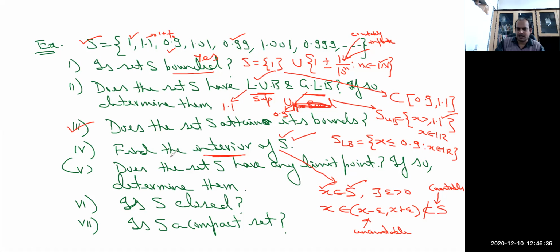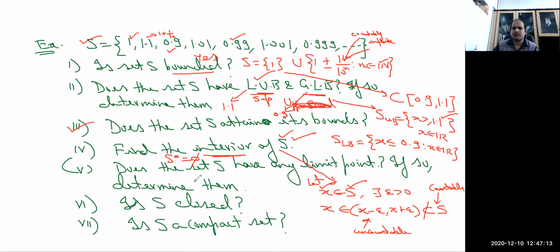So I can say that its interior, denoted S naught, the interior of the set S, is the empty set, because we are not able to find any interval. If we construct such an interval, it will never be contained in this set S, because S is countably infinite, and an uncountable set cannot be contained in a countable set. So in simple language, none of its points are interior points, hence S naught is equal to the empty set.